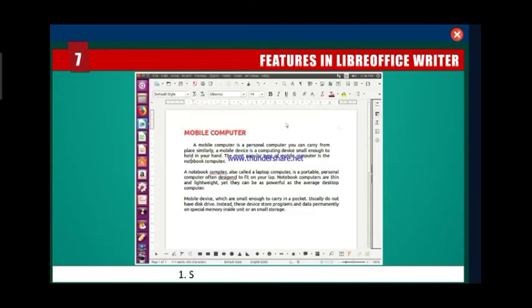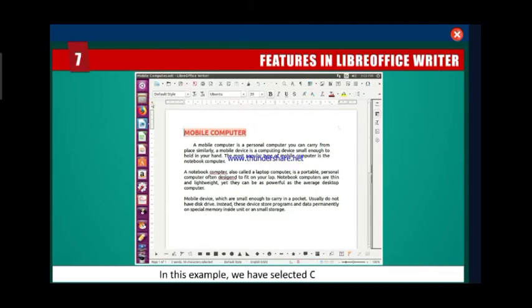Now let's add a tab. Show rulers first. Select the text where you want to set tab. To add a tab to the text, click at the location. Click this area and select tab you want to use. See, left tab, right tab here, center and decimal tab. You can select from here.